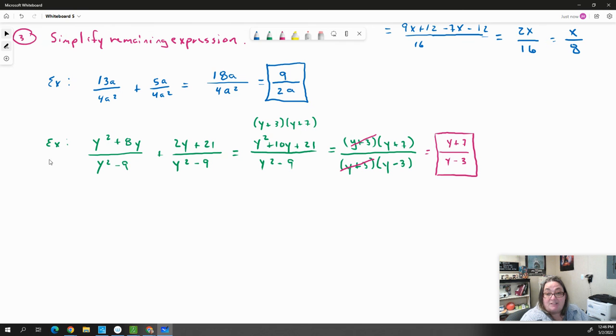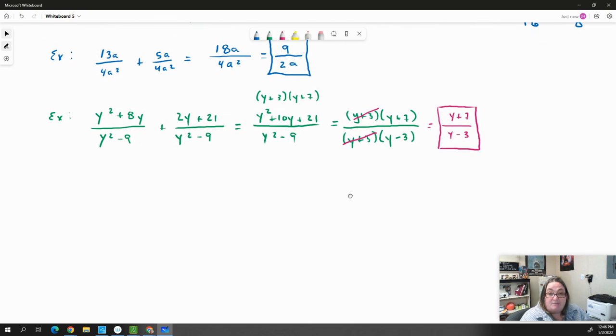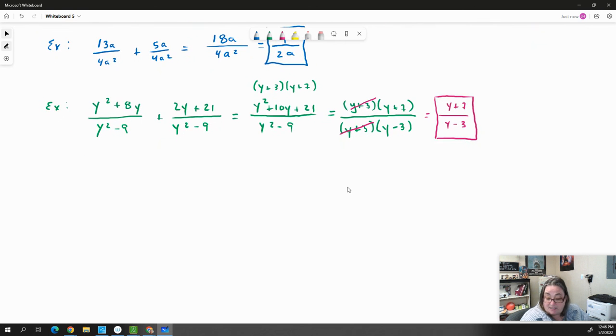So let's do some that don't have similar or the same denominators. Let's work on some of those kind of problems. So if I have,